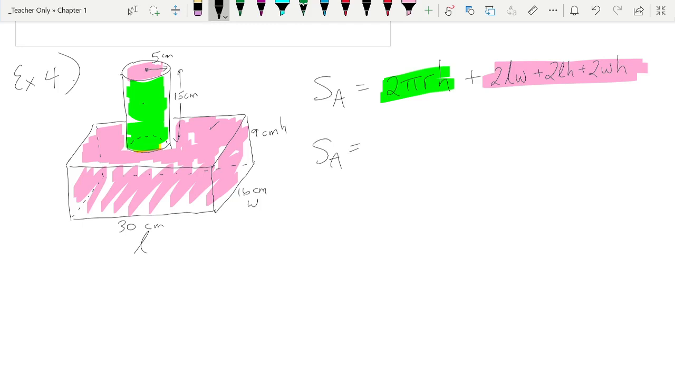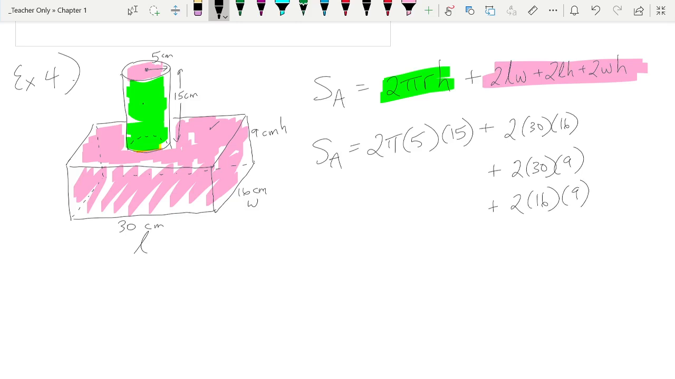The surface area is 2 times pi times 5 times 15 plus 2 times 30 by 16s plus 2 times 30 by 9s plus 2 times 16 by 9s. Why did I pick such big numbers? Okay, so this is 150 pi's